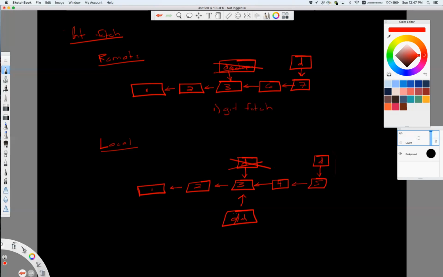Obviously, that Git Fetch will have to be run on your O/D branch, but when you run that command, this is what will happen. You will get 6 and 7. So now, and obviously this will have moved forward to here. So now what you can do is to get your local branch in sync with